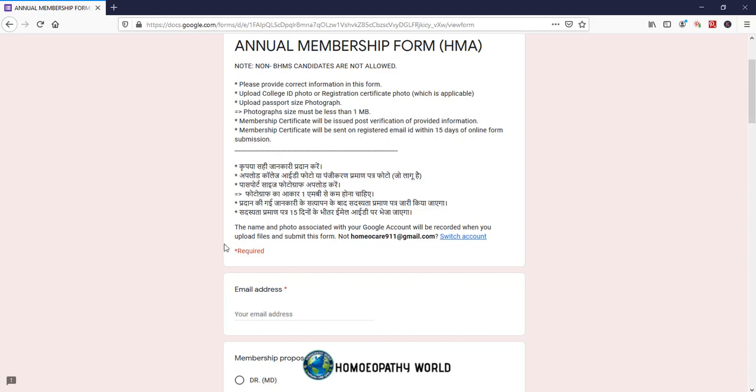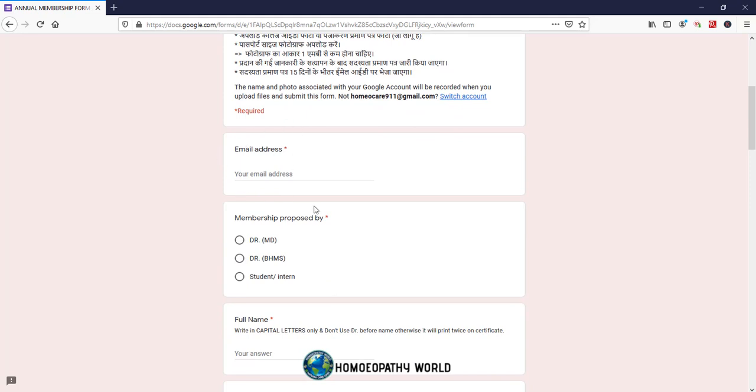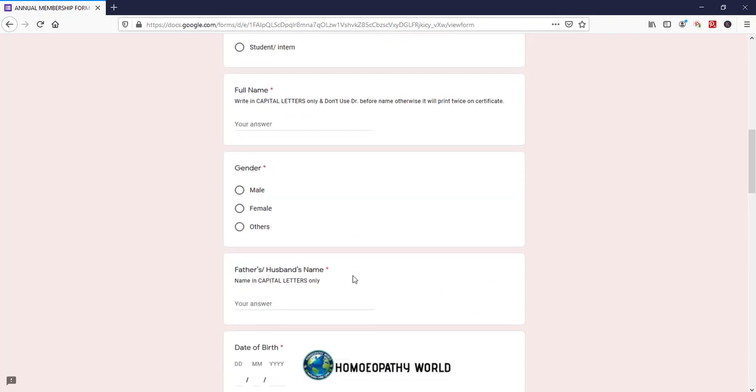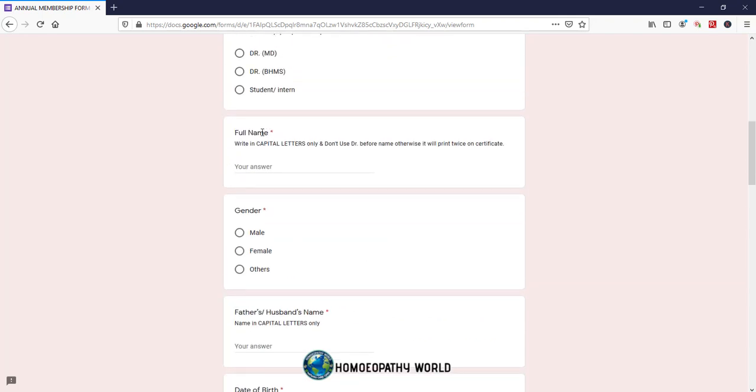Here you have to mention the email address. You have to mention whether you're a doctor MD, doctor BHMS, student or intern. You have to mention your full name in capital letters, and don't use doctor before name, otherwise it will print twice on the certificate.